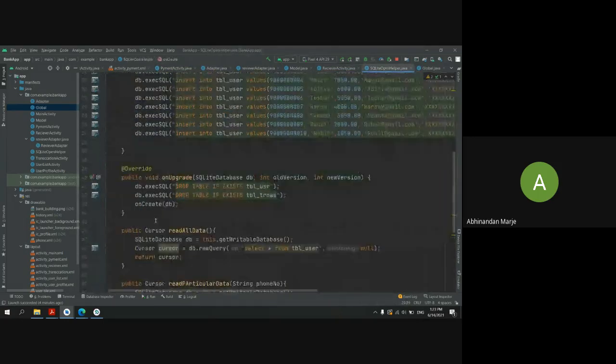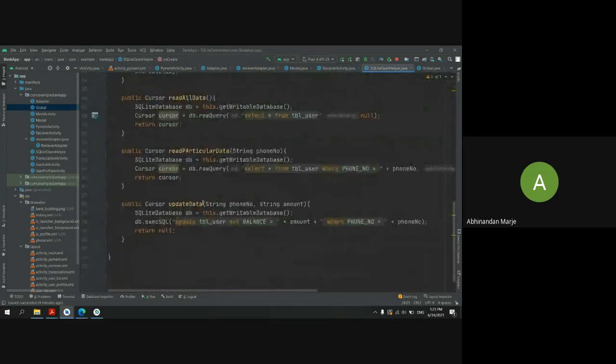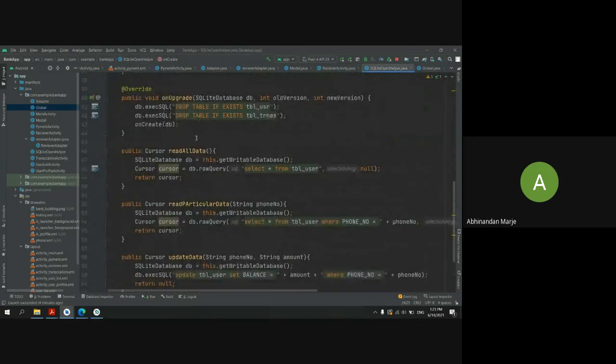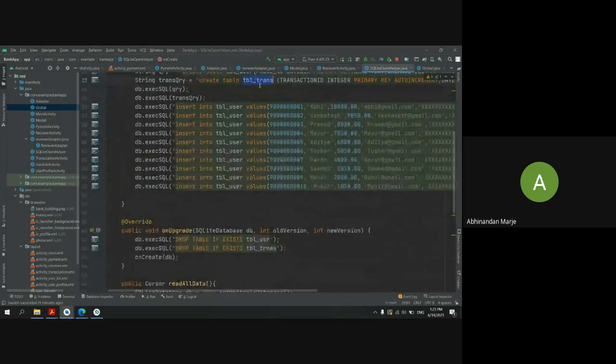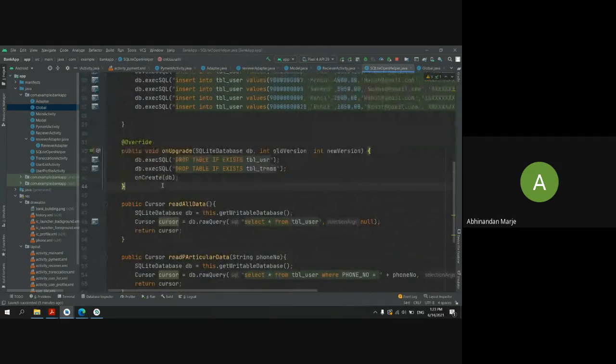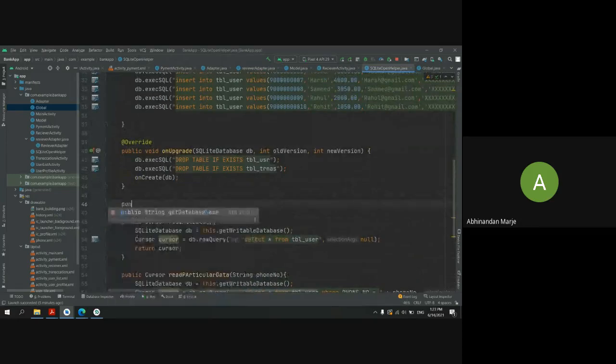Then just mention it in onUpgrade, and then I want another method here to put some data in our table. So I will create another method here.